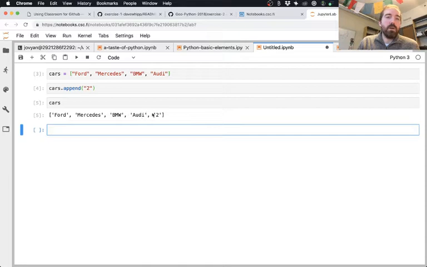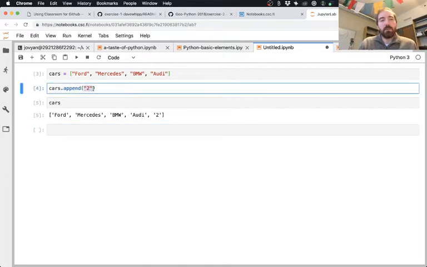Now, 2 in this case, since I've entered it with quotation marks around it, is a value that is stored as a character string. Even though it's a number, it's stored as a character string in here. Now, if I wanted to change the data type of that value to be just the number 2, I can do that. And there's 2 reasons why. One is that a Python list does not need to have data of the same type in it. You could actually have lists with essentially any different kind of data type that you want stored within the same list.